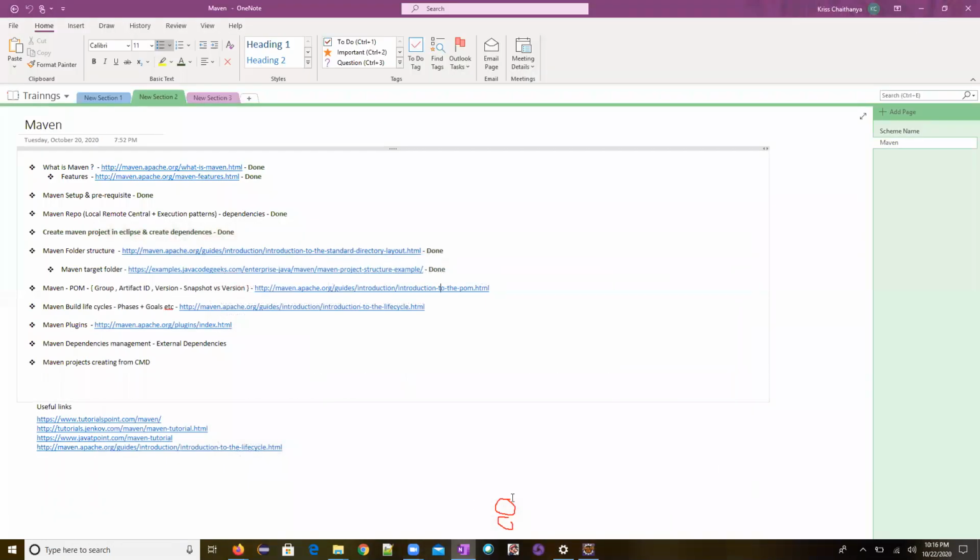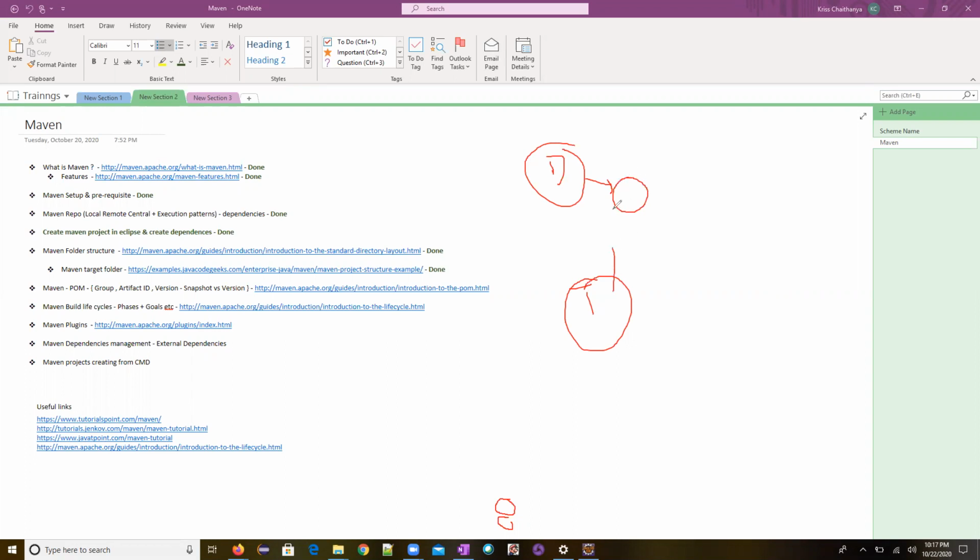For an example, there is a team working. Now this is a development team, and this is the testing team. Usually the development team will work, and they will give us the project so that the testing team will take that and test it.